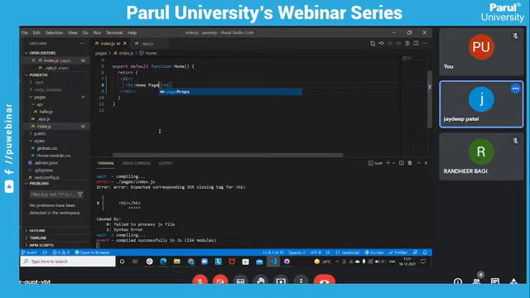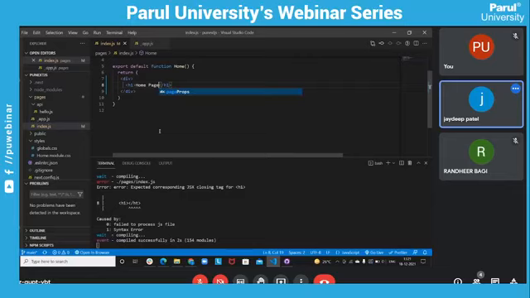Now let's write the about page. Here we need to put export default. We have only one component, so we can use export default, otherwise we use only export. So we write this particular code for the about page.